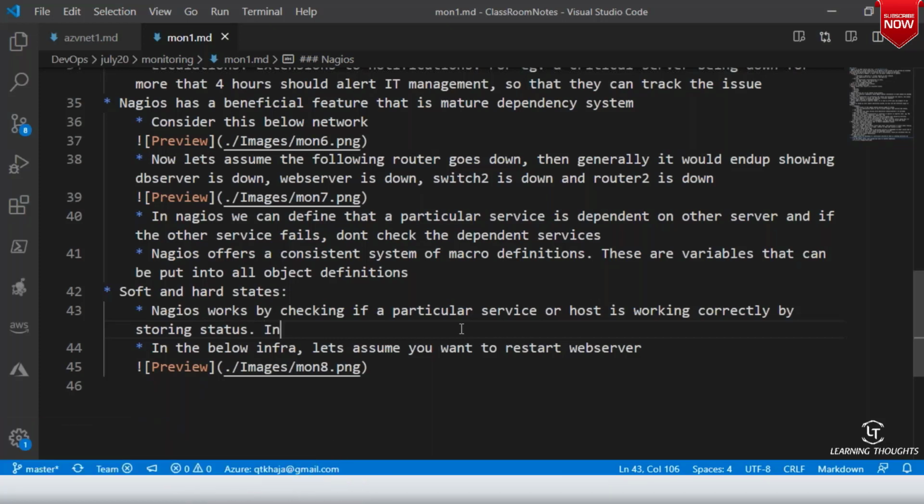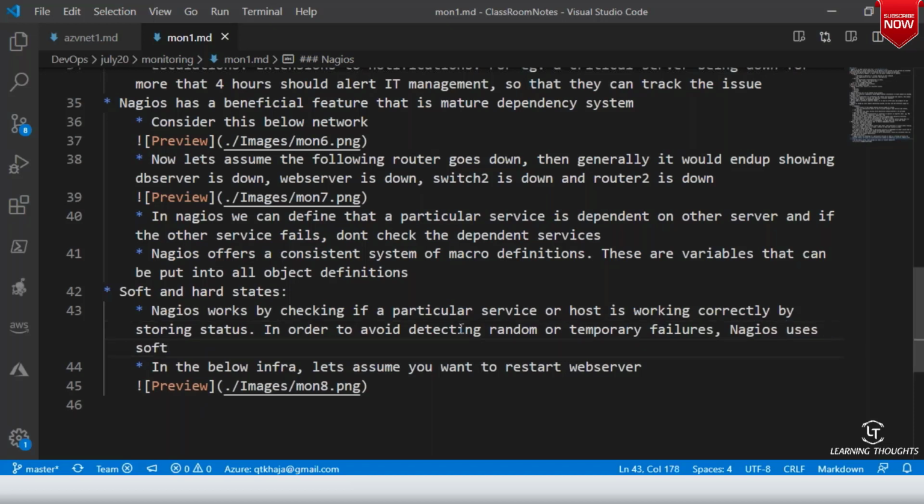So in order to avoid detecting random or temporary failures, Nagios uses soft and hard states. Hard state means permanent failure. Soft state means temporary failure.